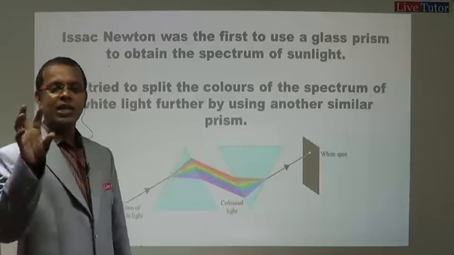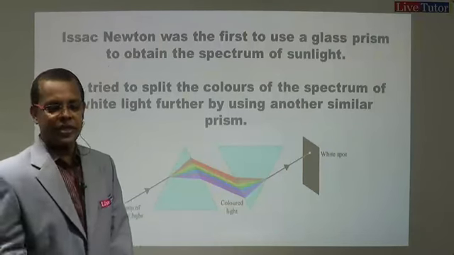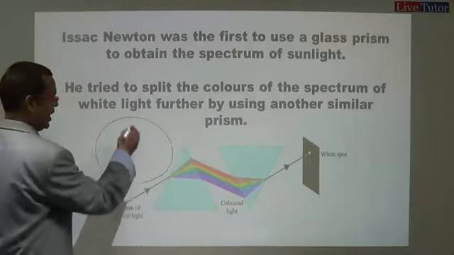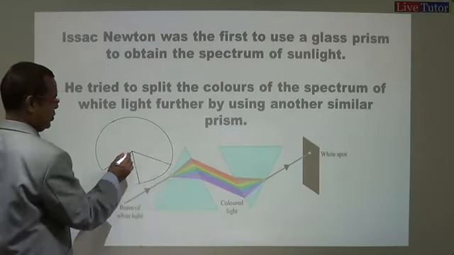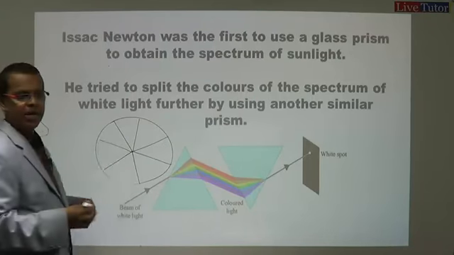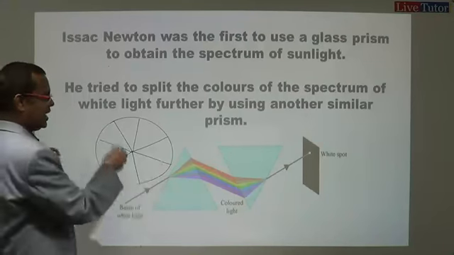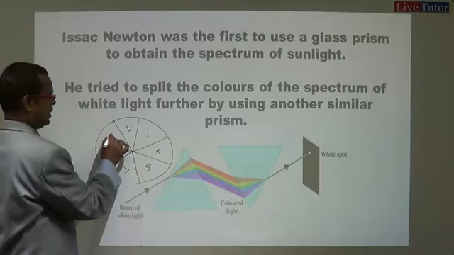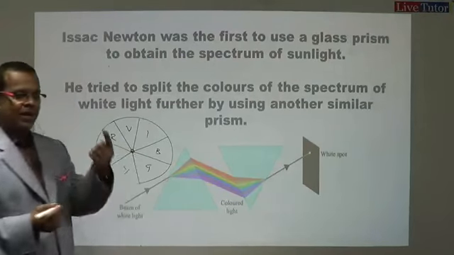He also did another interesting experiment which you can try. You can take a small cardboard and divide it into 7 equal sectors, 1, 2, 3, 4, 5, 6, 7, and each sector should be given one color out of VIBGYOR. If you give all the 7 colors and then put a small hole here and keep it on